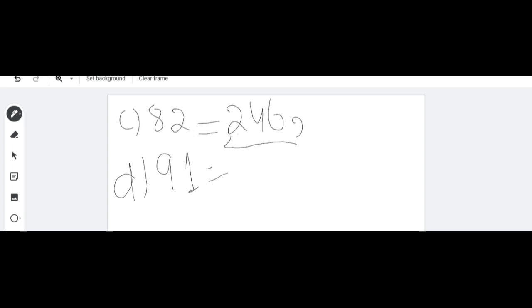91 with 2. 91 is multiplied with 2. What is the answer? One second, I'm still doing the multiplication. 182. Can I use 182 here? No. Okay. 91 multiplied with 3. What is the answer? 273. So it means that we have only one factor. If we multiply with the further number, it will increase.